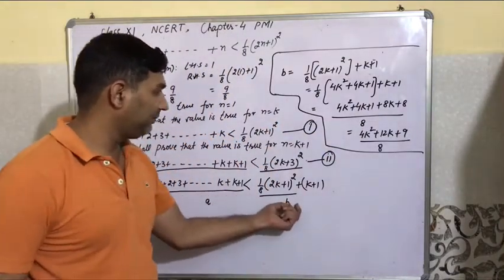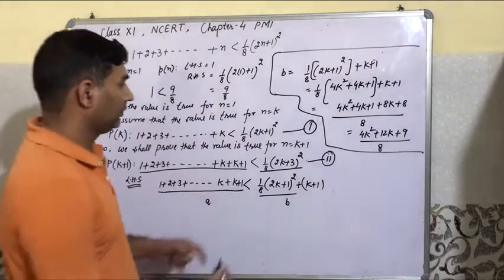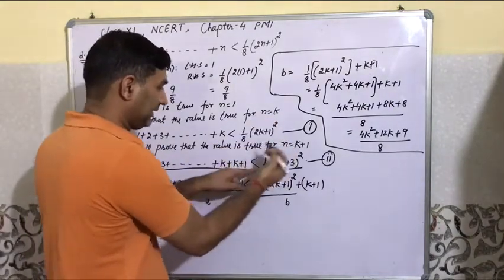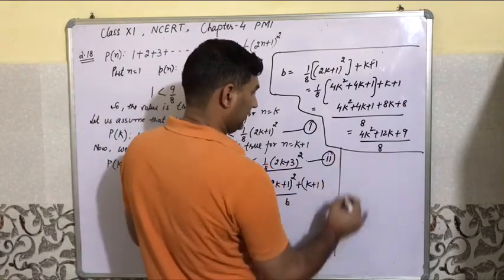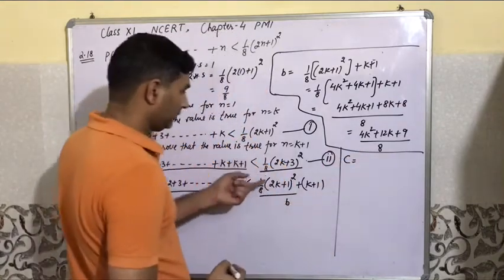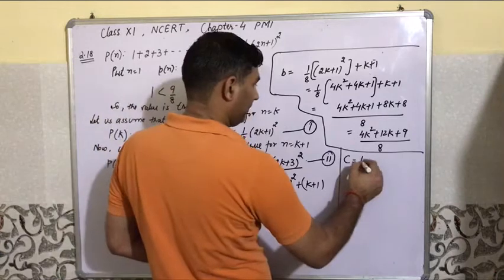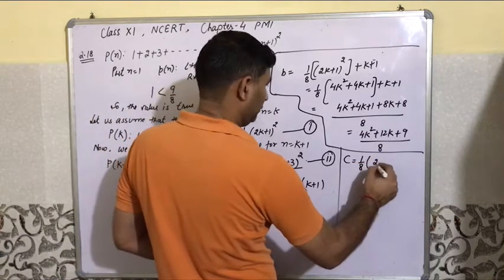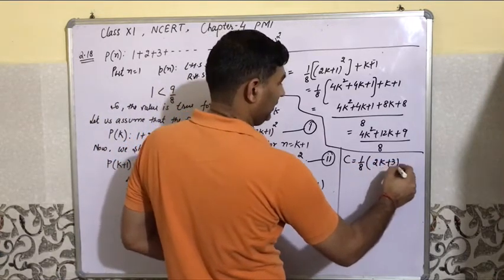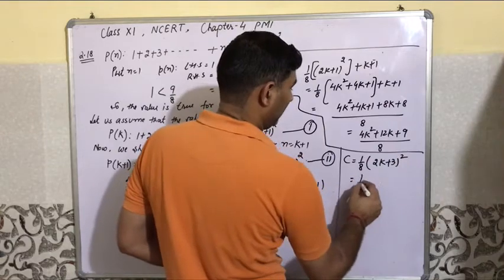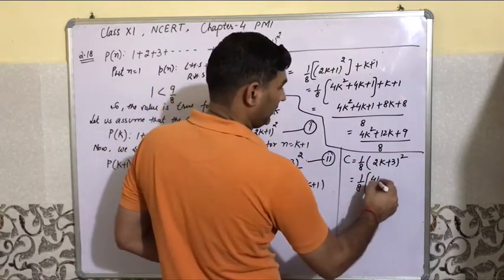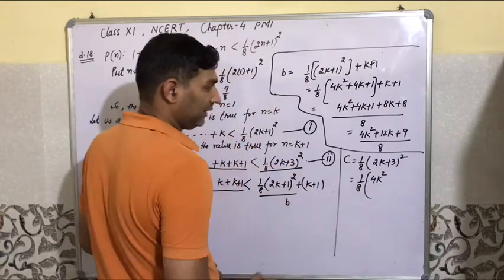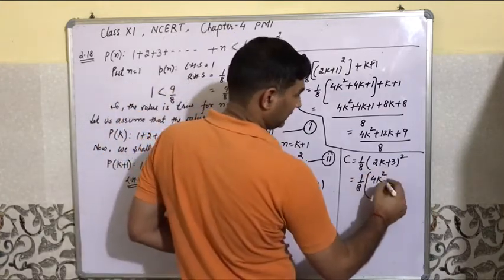And then this value is less than b, and then prove that this value is less than this. Now we will prove for c. c is equal to what? c is equal to 1 by 8 (2k plus 3) whole square, then 1 by 8 then 4k square plus